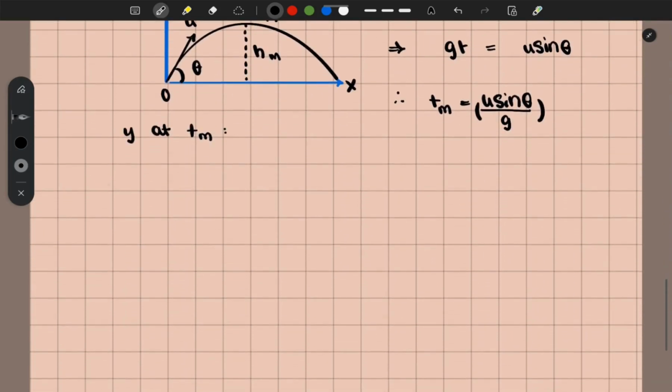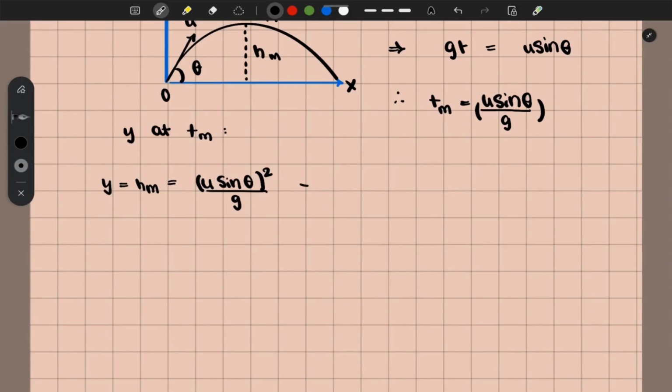So hm is equal to u t sine theta. Now we change t into u sine theta divided by g, which gives us u sine theta whole square divided by g,